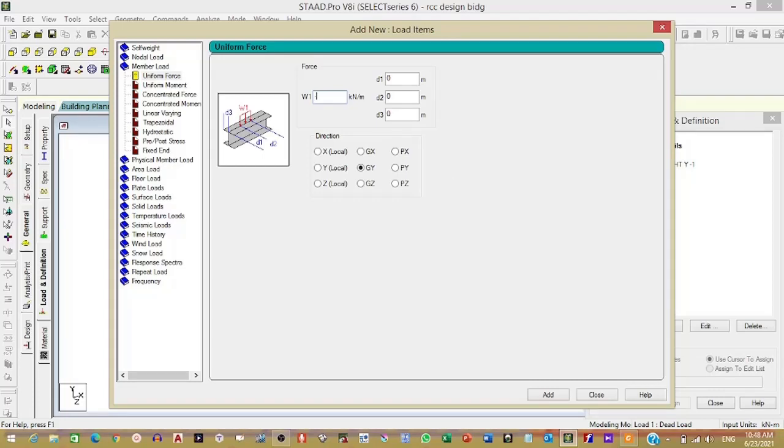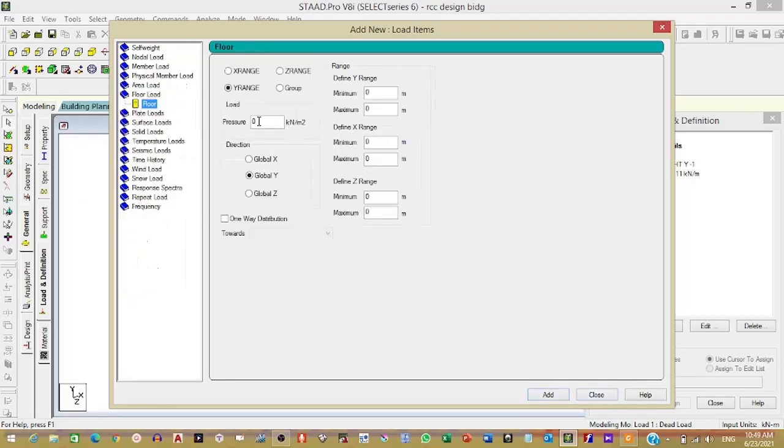Other changes you don't do. GY direction, global Y axis, local Y axis direction, and this is the floor load. So floor pressure, as far as slabs are concerned, we have floor load. So floor load, no need to assign, the software will directly assign, but here you need to select a range.